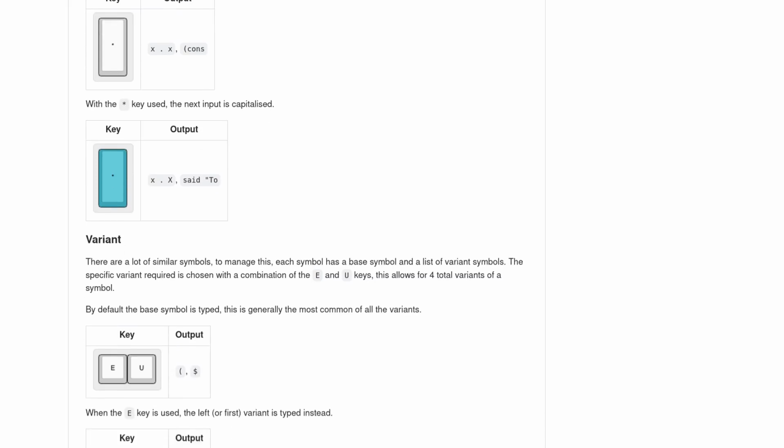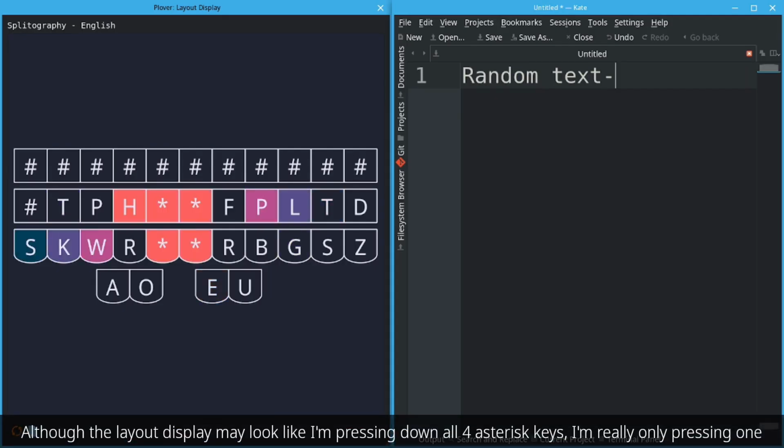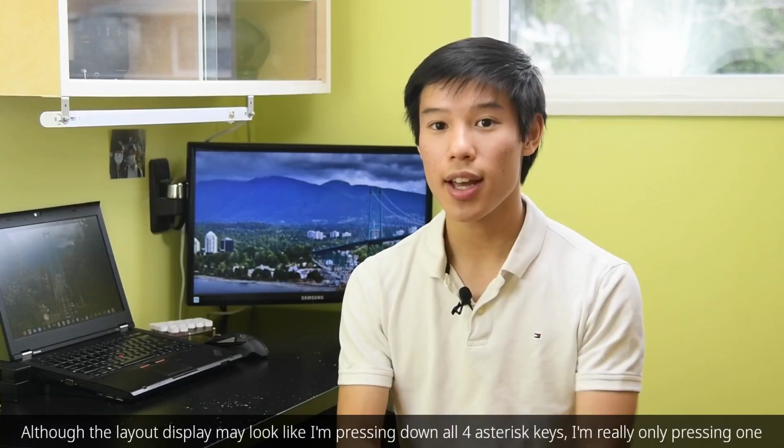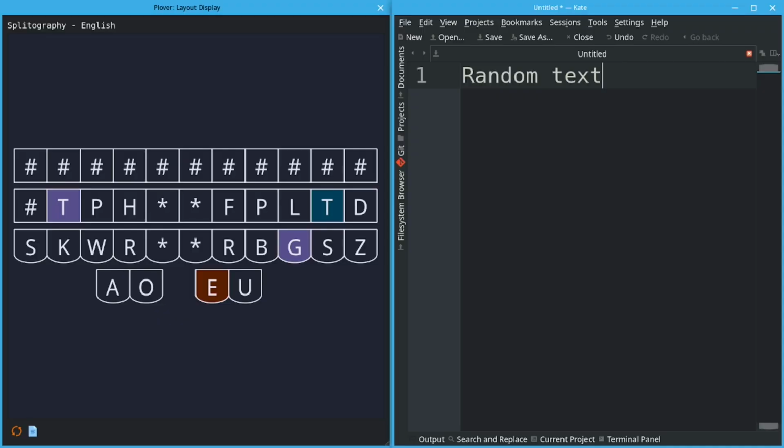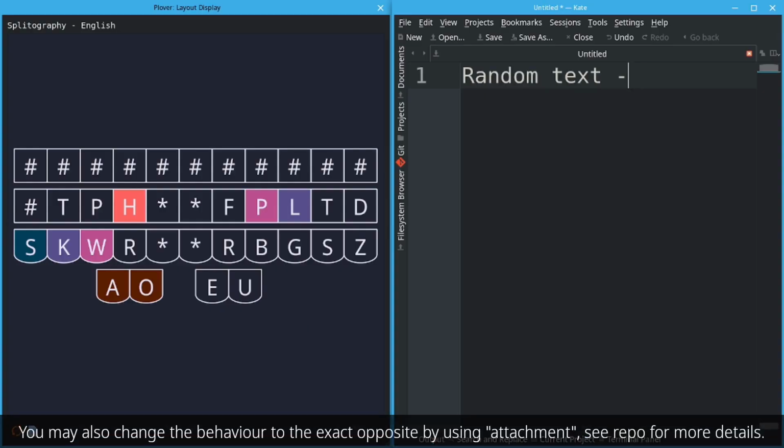Now using the asterisk, left-hand vowels, and right-hand TNS keys, I can also easily control many other attributes of the symbols that will be outputted. The asterisk is used if I want the next word to be capitalized. For spacing, the two left-hand vowels are used. Say for example, I wanted to write a hyphen that is attached to the words on both sides. To do this, neither of the keys are pressed. If I wanted the hyphen to have a space on the left side, I pressed the left key. If I wanted a space on the right side, I pressed the right key. And of course, pressing down both keys will put a space on both sides of the hyphen.